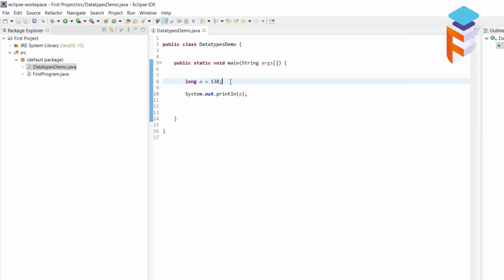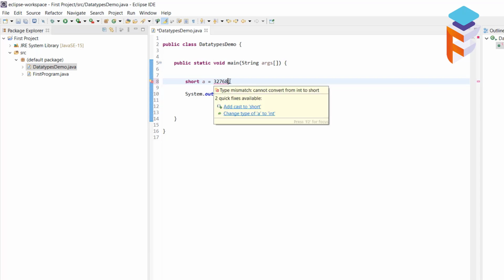If you use the short data type, we can store only up to 32,767. Beyond that we cannot store. Let's put it as short and then let's try saving 32,767. See, now we didn't get any error, but if I change this 67 to 68, yeah, you can see the error. Each and every type has some range, so we have to store values within the range. We cannot go beyond the range. If you want to store higher values, as I said, we have to use a higher range data type. If you want to store this value, you can go for int or long. That's all about int, short, byte and long.